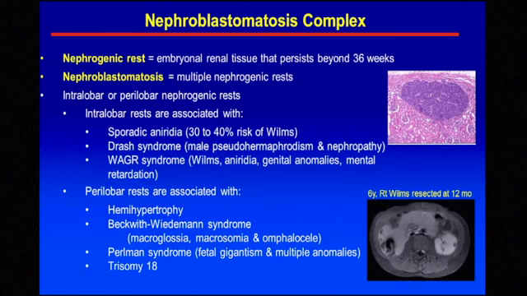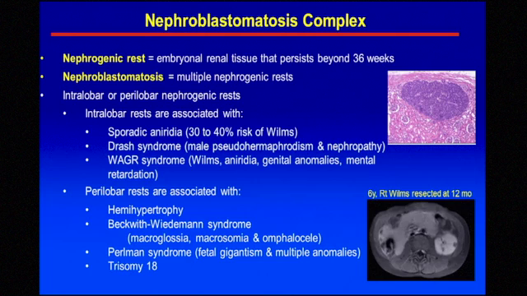So a nephrogenic rest, as seen in this histology slide here, is embryonal renal tissue that persists beyond the 36th week of fetal life. And if you have multiple nephrogenic rests, it's called nephroblastomatosis. You can have intra and perilobar forms of nephrogenic rests, although the distinction is sometimes very difficult to make